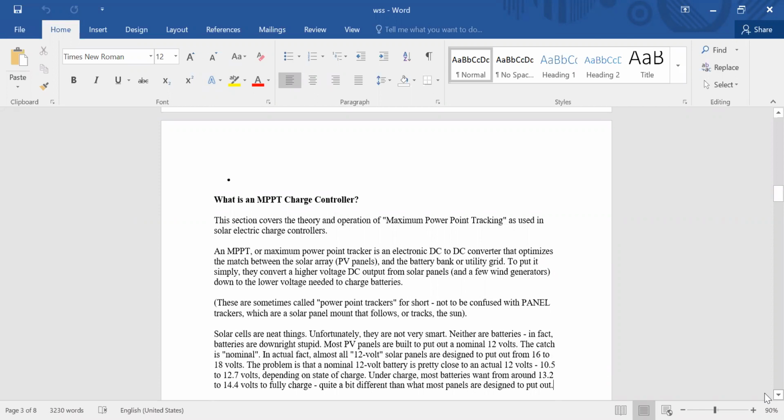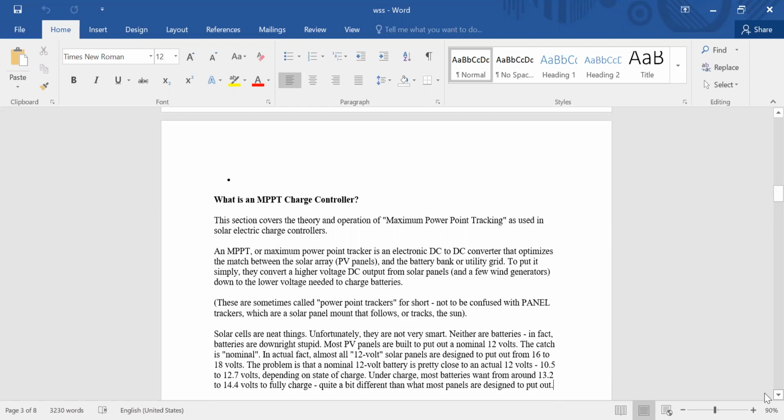So DC to DC conversion is there, and it will optimize the match between the solar array, or photovoltaic panels, and a battery bank or utility grid.